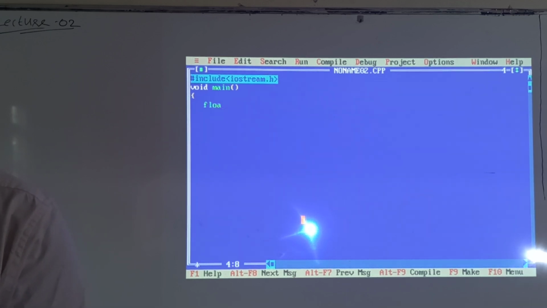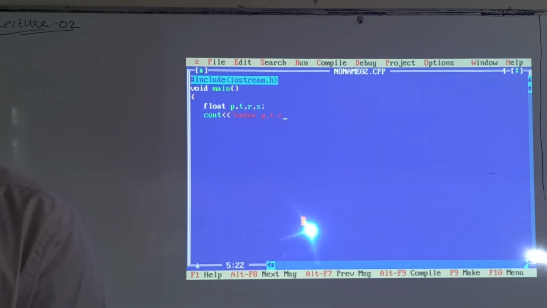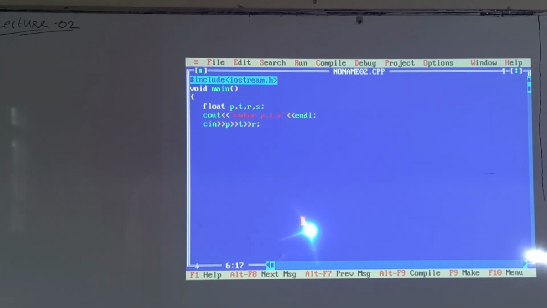Next I can write float p, t, r, s. Cout enter p, t, r. Cin p, t, r.